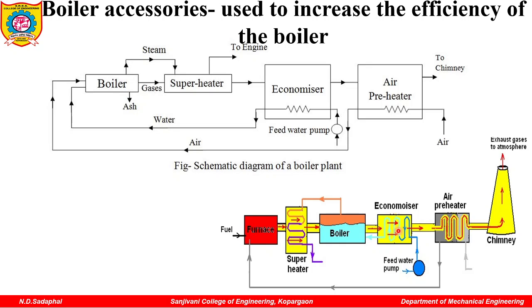Then these hot flue gases from the furnace will pass through the superheater, then the boiler, then they will pass through the economizer. Generally, the economizer is used to heat the water which is supplied from the feed check valve. From the feed check valve, water is supplied to the boiler. Here a feed water pump or feed check valve is there. Water is supplied, and that water will pass through the economizer. At the same time, hot flue gases generated from the furnace are flowing through the economizer. So in the economizer, what will happen? The water supplied to the boiler will get heated again.